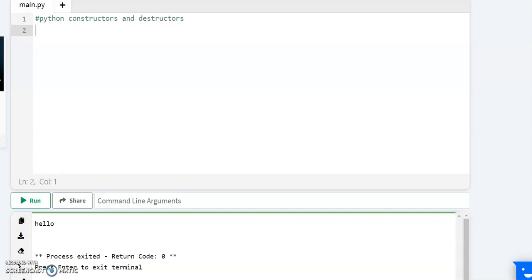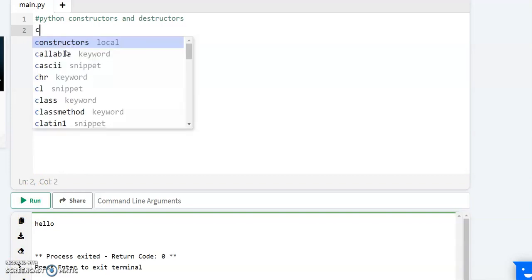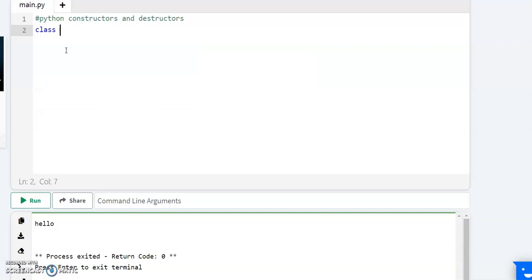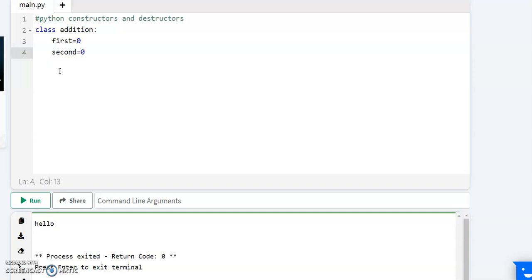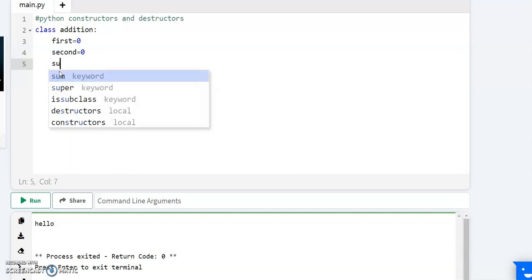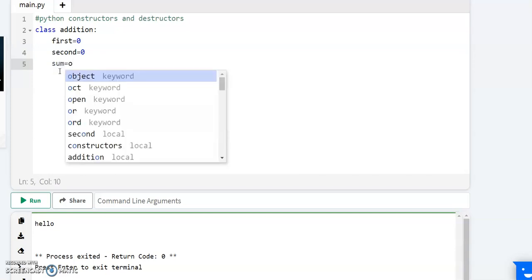I've been taking class name addition, first equal to 0, second equal to 0, and final sum equal to 0.